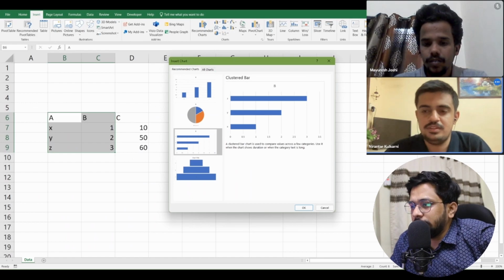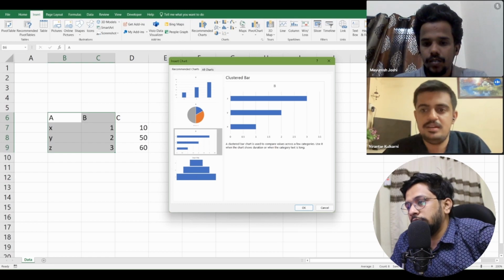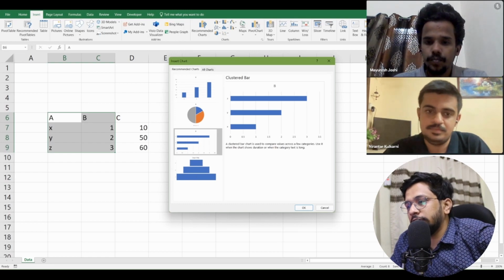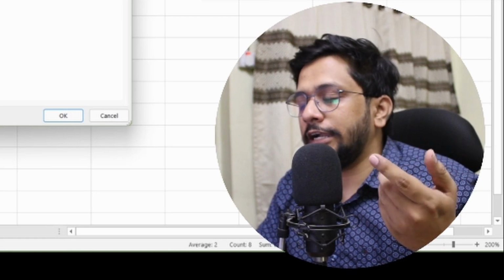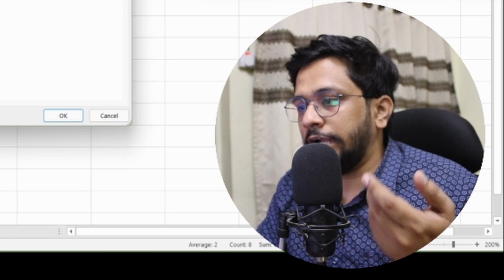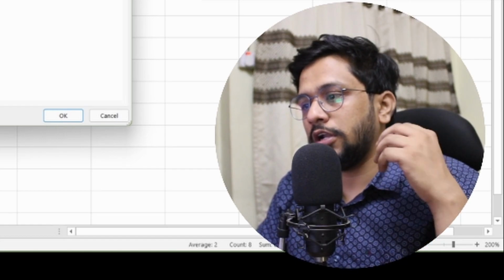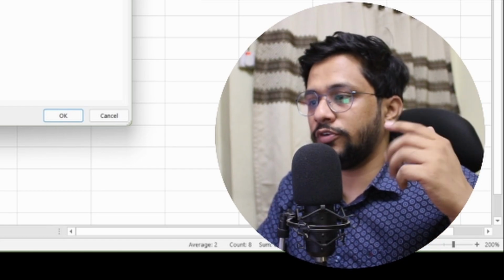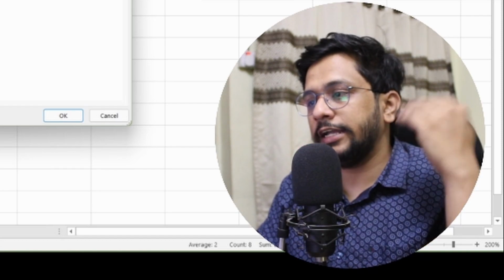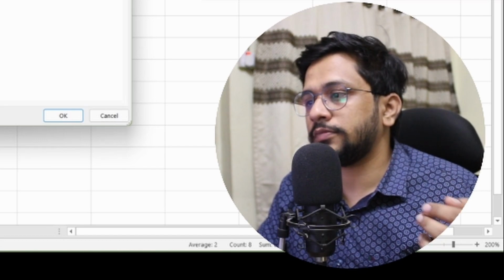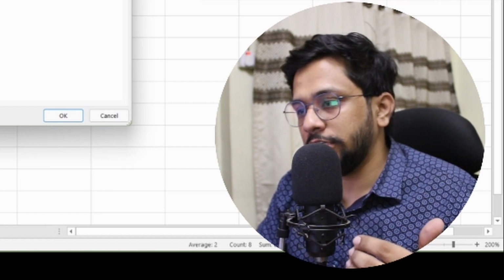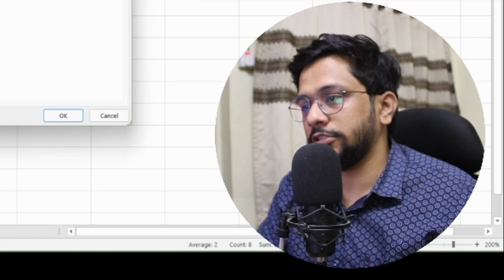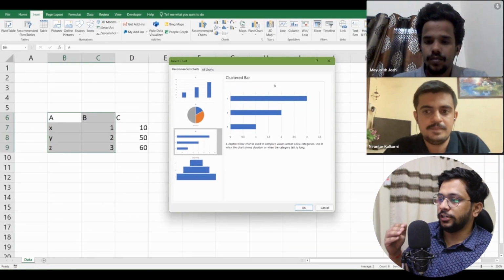I'll just correct you there. It's not about just count. You can use it for any kind of metric, any aggregation data that you want to see at that category level. For example, you have three categories: student, earners, and retired person in your income data. You will have a record for each individual as a row. If you aggregate that at category level, it would be an income. So it's fair to say that you use a bar chart whenever you want to represent a category with some aggregated metric. And when do you use a pie chart?